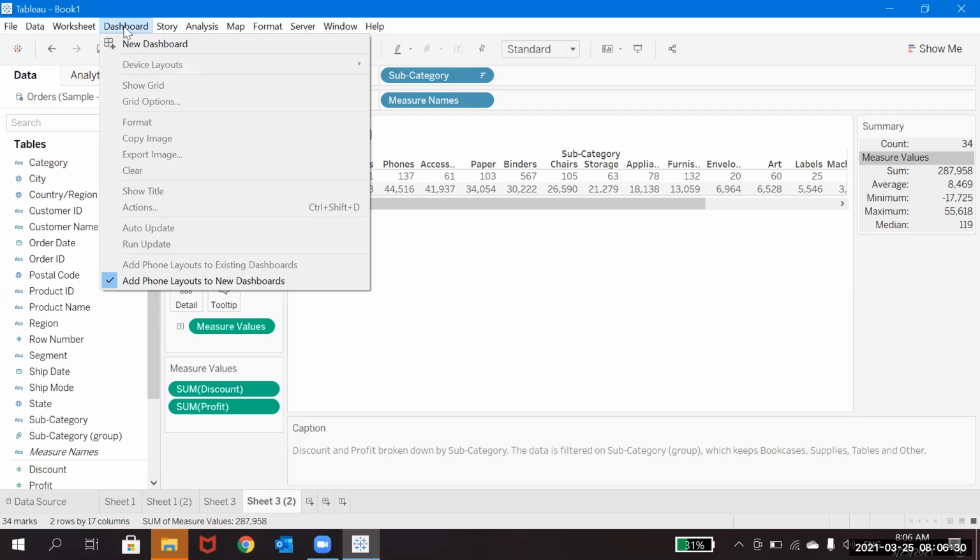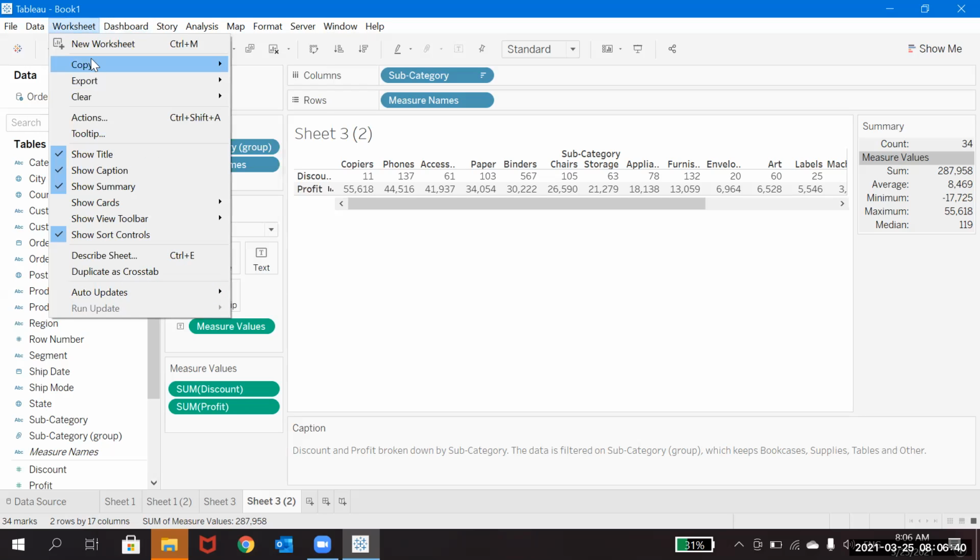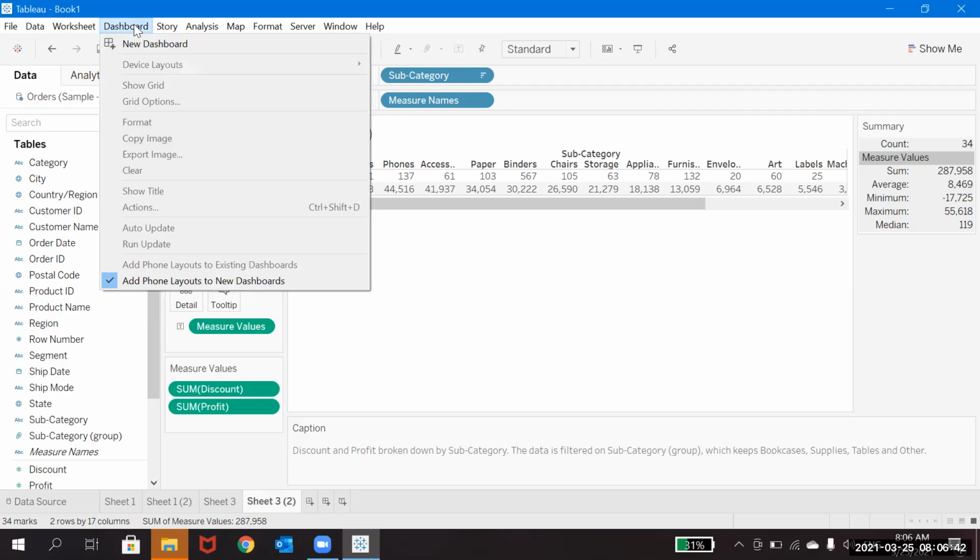So when we actually go to the dashboard, the moment you see all these things, you will understand what this is and everything. So copy, why? Because if you understand clearly about this copy image and everything, in the dashboard also you will understand the same things.